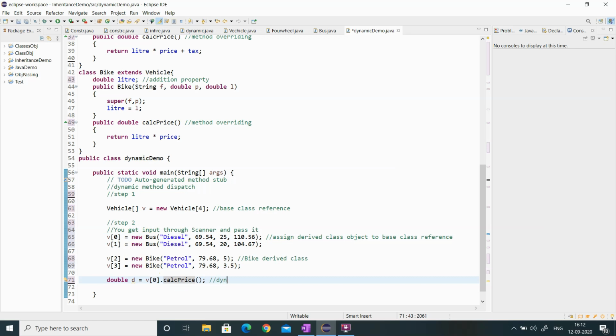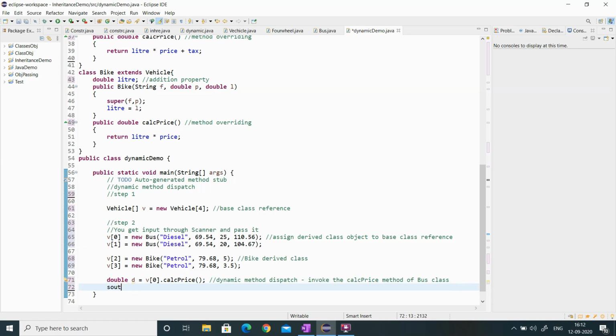So now only your dynamic method dispatch comes into the role, and it is trying to invoke the calculate price method of bus class. So during the runtime, whichever derived class object you choose, based on that your base class reference will invoke the method overridden in that particular derived class.